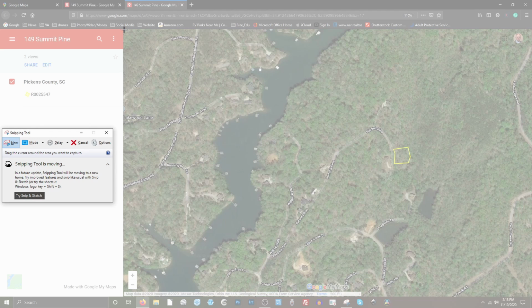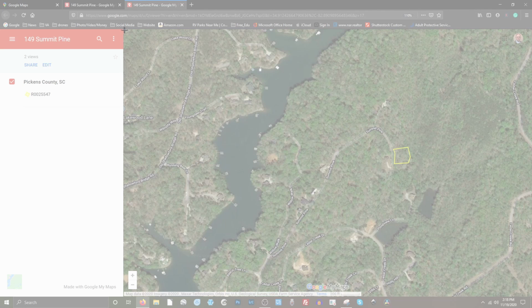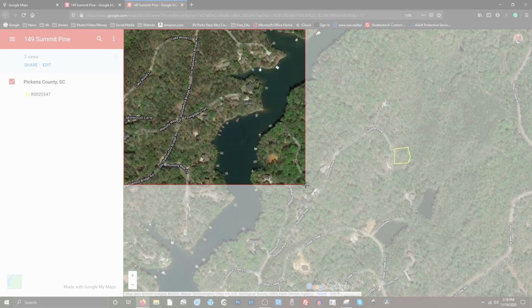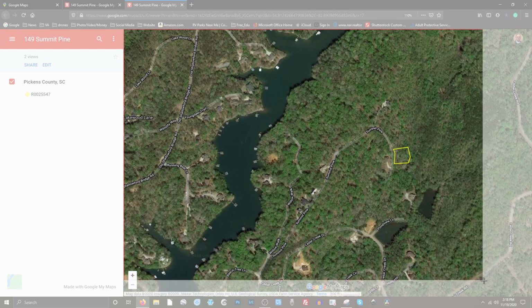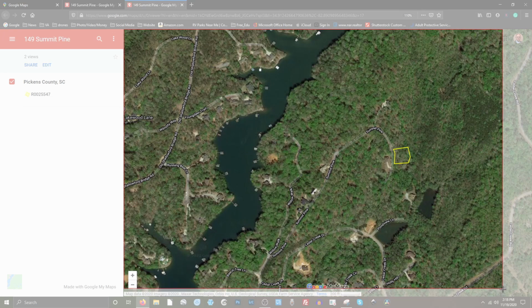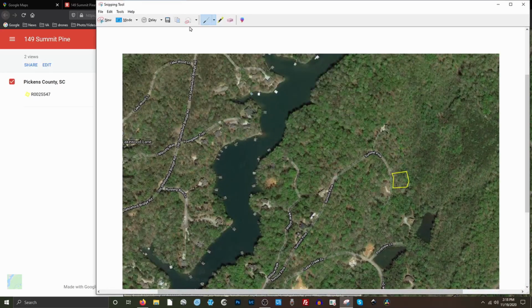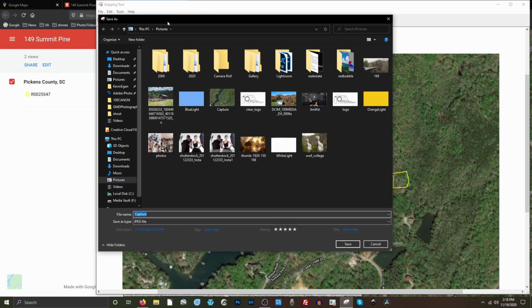Now press and hold the left mouse button and then drag that crosshair all the way out until you've selected the entire area that you want to crop out for your photograph. Once you've achieved that, just simply release the mouse button and it opens up the Snipping Tool box where you can save it. Click on the 3 1/4 inch floppy disk icon for Save the Snip, and then go in here and you can